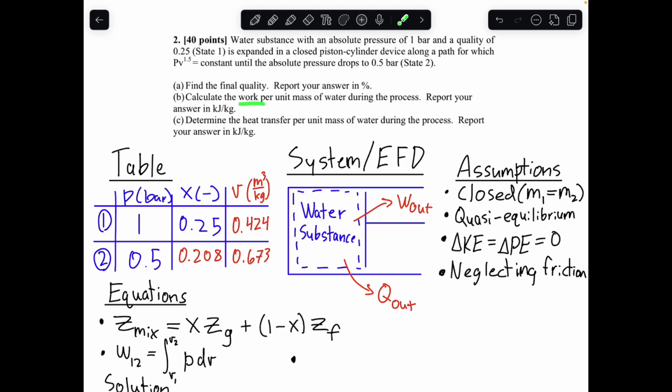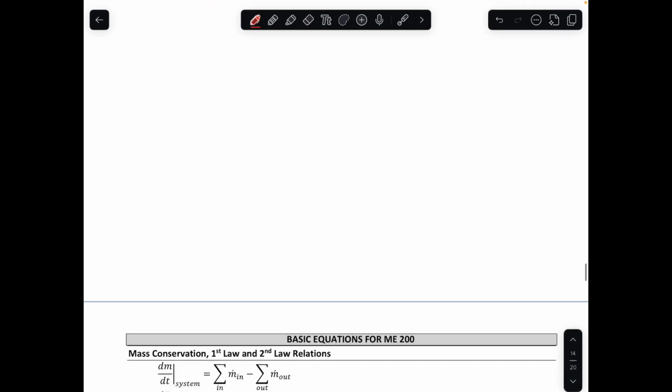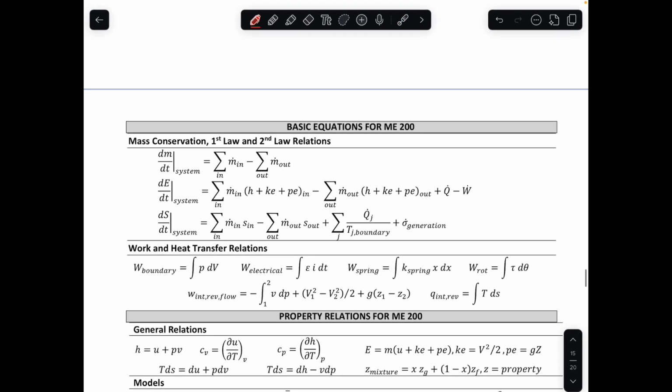So if you see work in an earlier part and then you see heat transfer, you should immediately be asking yourself, can I apply first law to this part in order to solve? So let's scroll down to our equation sheet and look at first law to see if we can apply it here. So again, this is the differential version of first law that we have, but the problem tells us that